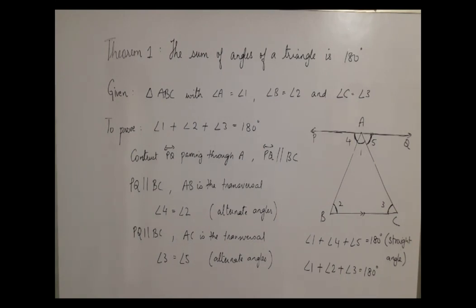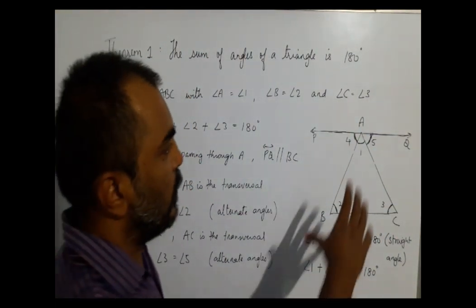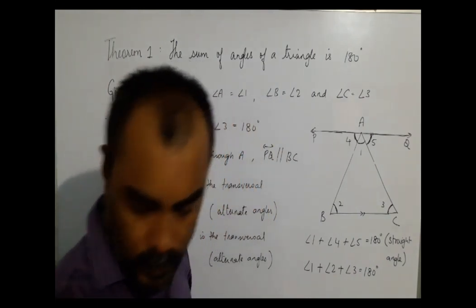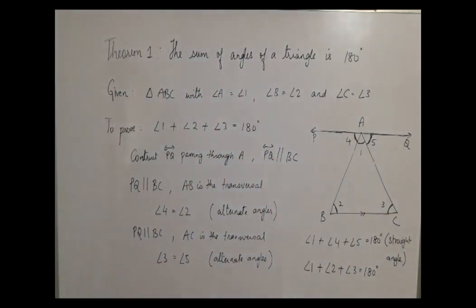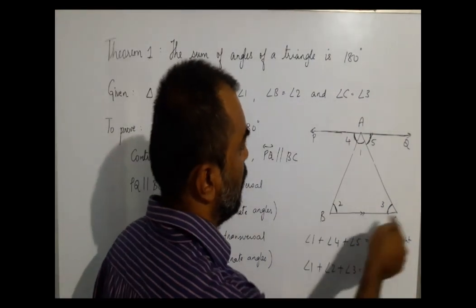If you want to try the geometrical way or the practical way, I'll show you a method which you can try. Okay? So in this method, what you are supposed to do? Let me tell you. On a piece of paper, cut one triangle. Then, I hope you're following what I told you. On a piece of paper, cut a triangle.